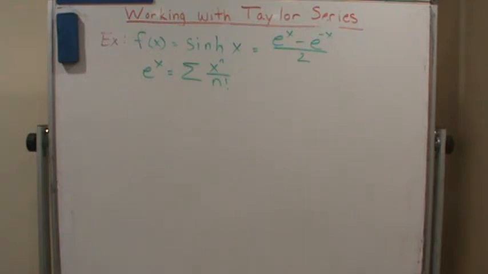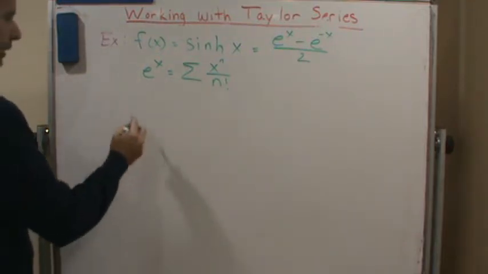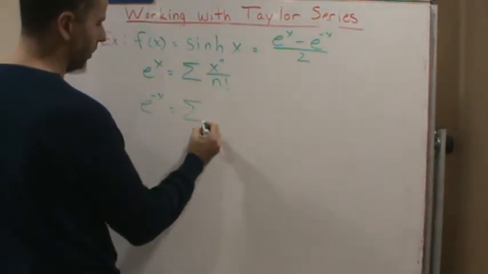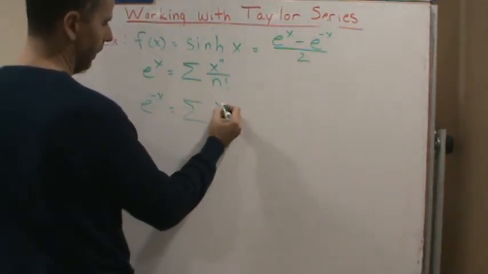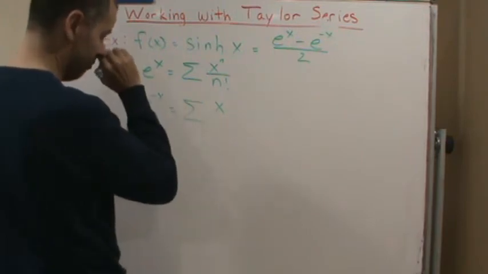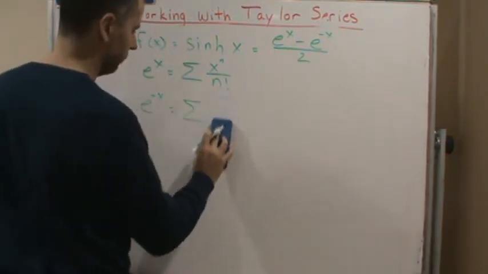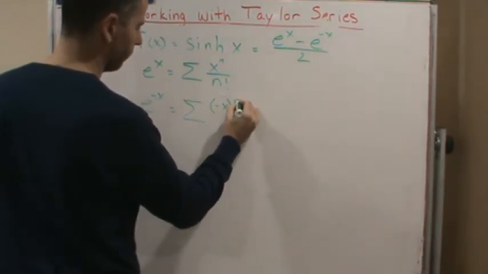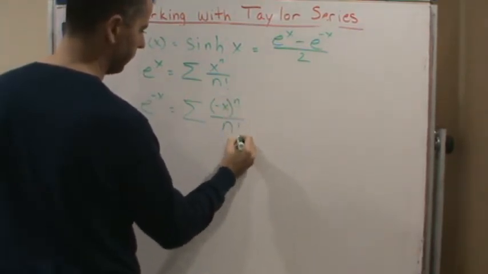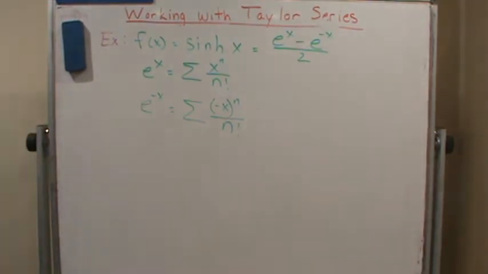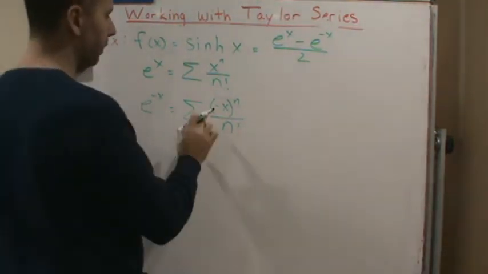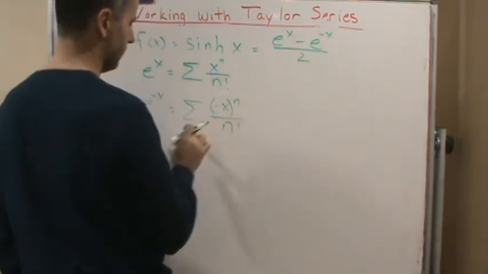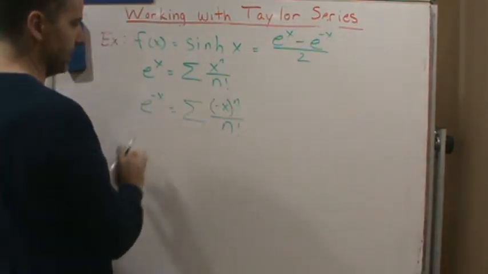Okay, which means that we can represent e to the negative x as the summation of negative x to the n over n factorial. Now, if we apply this to the numerator, right, so it's this minus this,